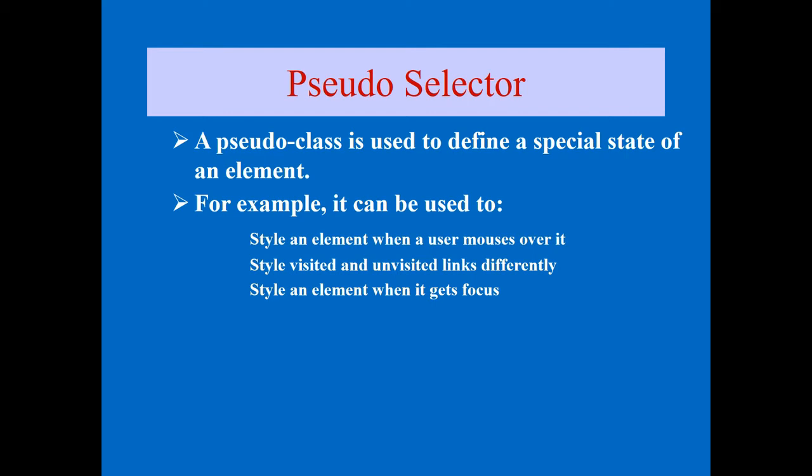In the same way, style visited and unvisited links differently. How many have visited that link, how many have not visited that link. If you want to manage some kind of differentiation, then we can apply pseudo selectors for that also. It means how many times the mouse went or did not go, that we can also consider here. In the same way, whenever an element gets focus, meaning you put your mouse somewhere, you see the color becomes a little bit darker, some kind of impact is there. That kind of thing we can do with the help of pseudo selectors.